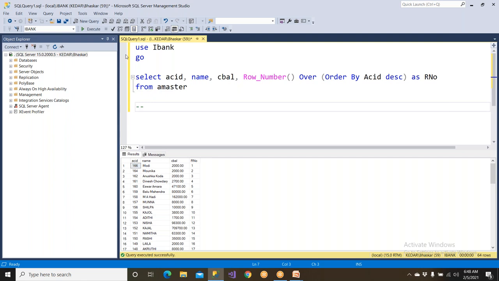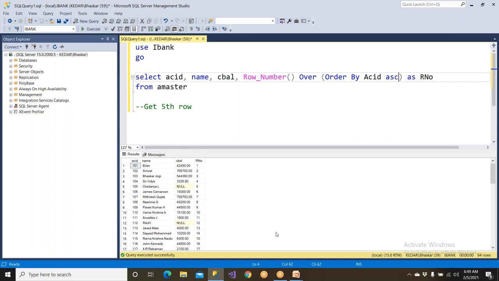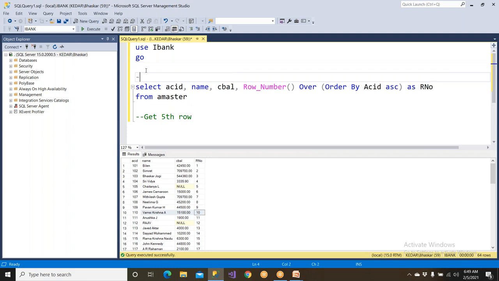Now, I wanted to get the fifth row, in ascending order only, or you can say ascending, there is no issue. This is the data I wanted to get, or I wanted to get the 10th row. So how do you get the 10th row or fifth row? You must take this. So this is where we are going to be using the row number